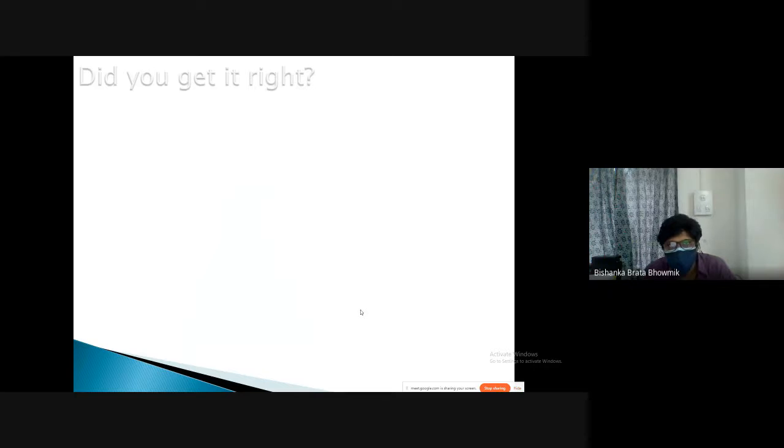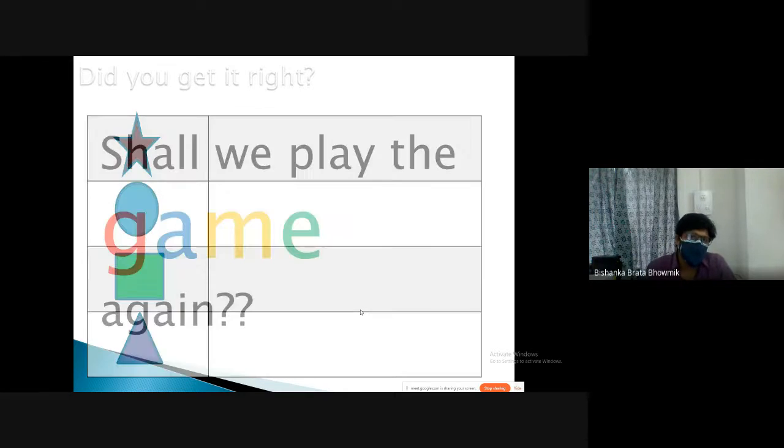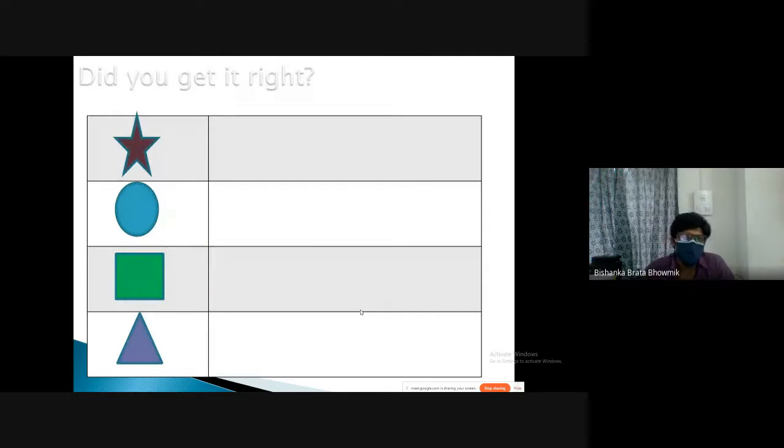just show the shape of the star. So what do they have to do? If they see the star, then they will raise their right hand. If they see the circle, what will they do? They will raise their left hand because we defined these rules in the previous section. If there is a triangle, what is the rule for triangle? They will raise both of their hands. Okay. Then you can make the chart for them also,